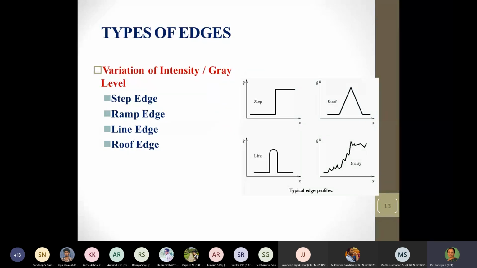So when we talk about edges, what type of edges exist? It is something similar to what we had considered in signals. The basic signals have a step signal, a ramp signal, etc. Similarly, here you will see that the variation in intensity could be a step, which means it may jump from 0 to 5, then we call it a step. We could call this a roof because it's going up and coming down. This would be a ramp if it has only one region.